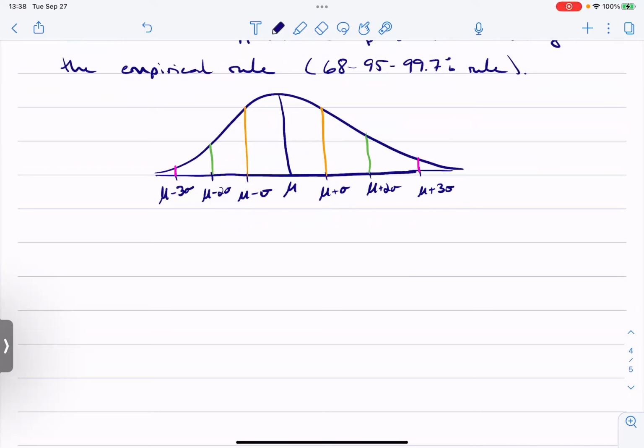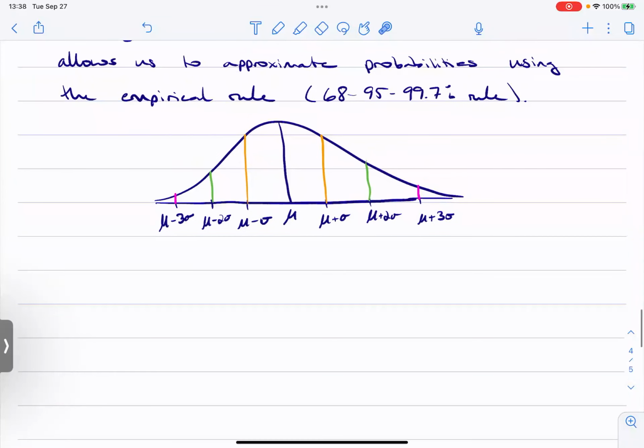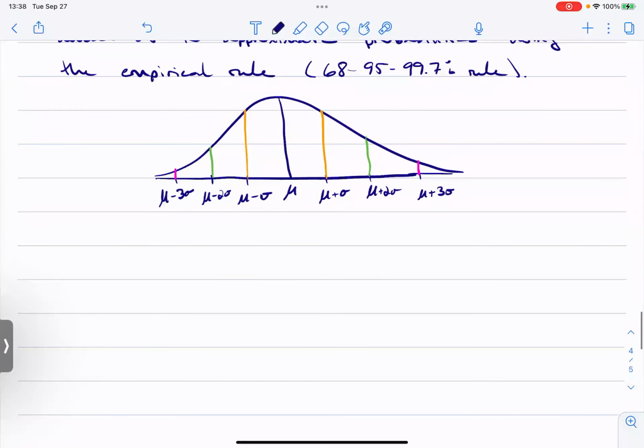So in order to use this, the empirical rule, or the 68, 95, 99.7 rule, I'll just call it the empirical rule now. I think we've grown up a little bit. To use this to approximate probabilities, I need to know how many standard deviations I am away from the mean. And so to use the empirical rule,